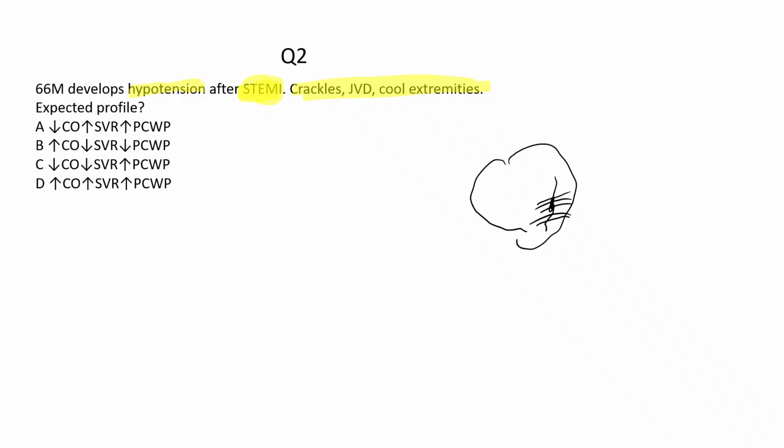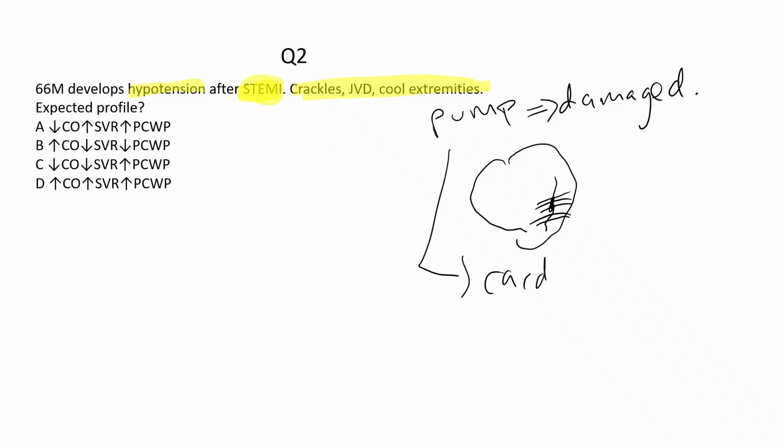And if the wall of the heart is damaged, the heart cannot pump correctly, right? So the pump is damaged, right? So when the heart pump is damaged, that is cardiogenic shock,